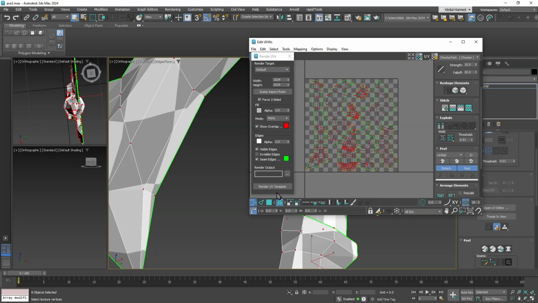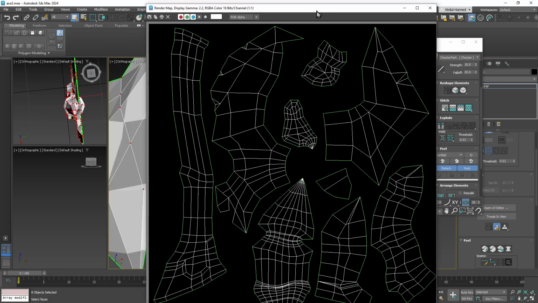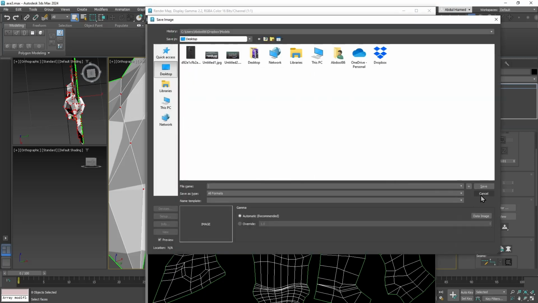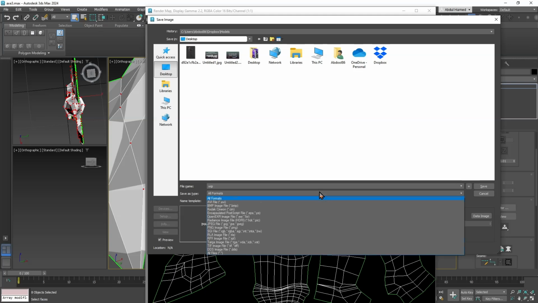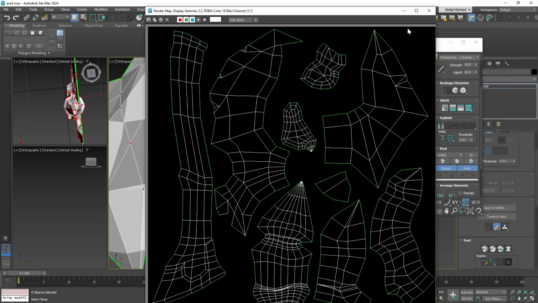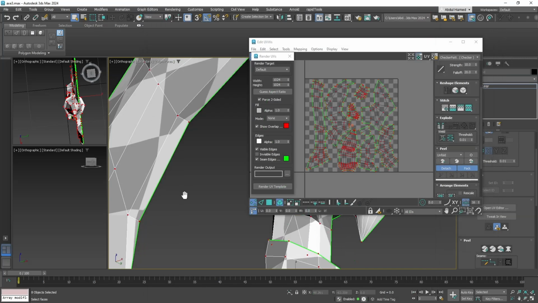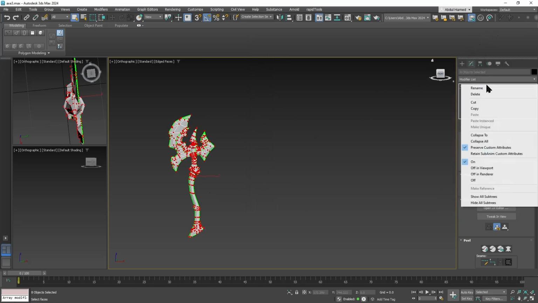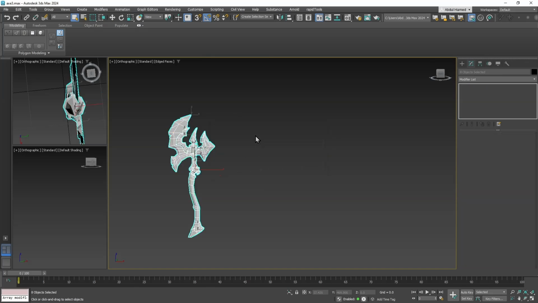Okay, so let's run the UVW map and let's save it. And save. So what we could do now also, if we want to, make sure you collapse all. So when you apply